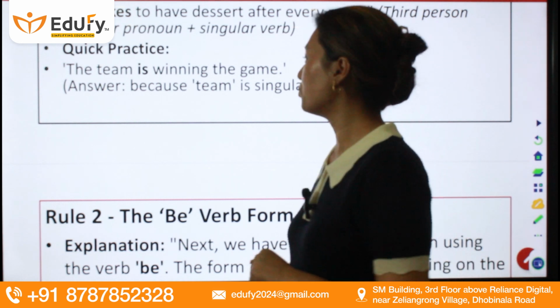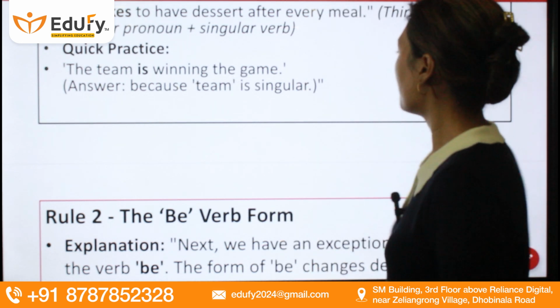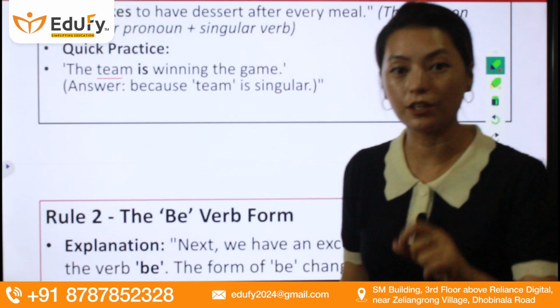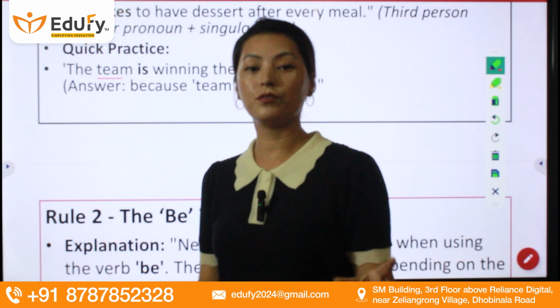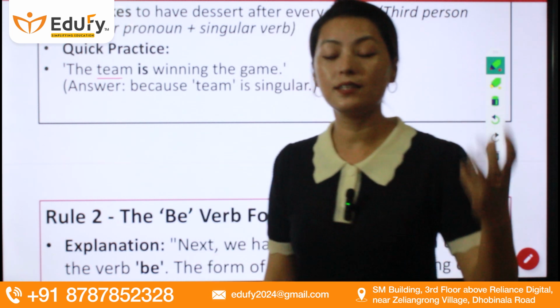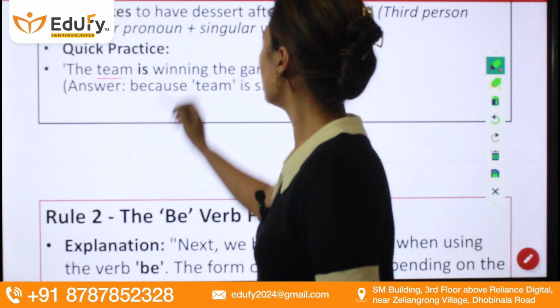The team is winning the game. It is a correct sentence. Why is that? Because here the team is signifying something that is singular. We're talking about a group of people as one, the team, right? So when I say the team, I'm referring to a singular subject, so therefore the verb will also be singular,